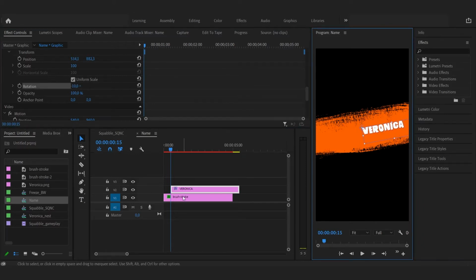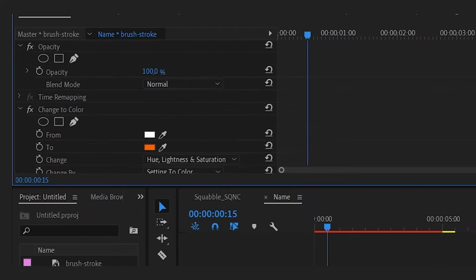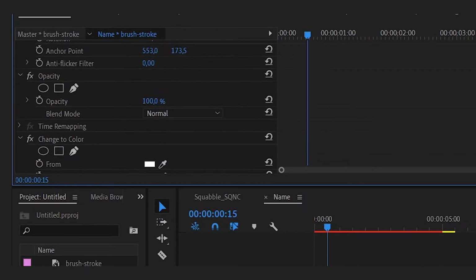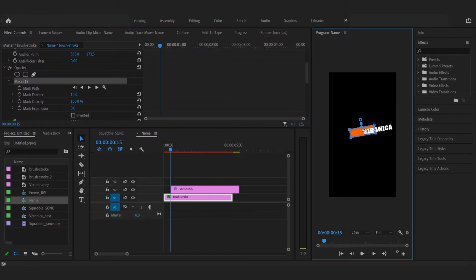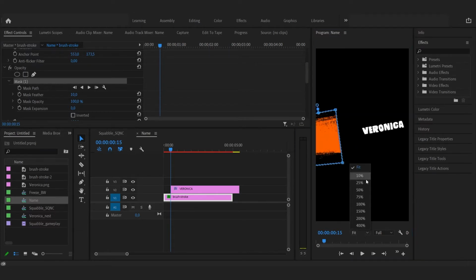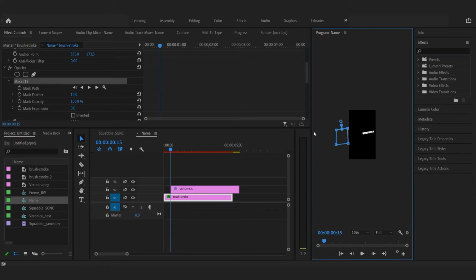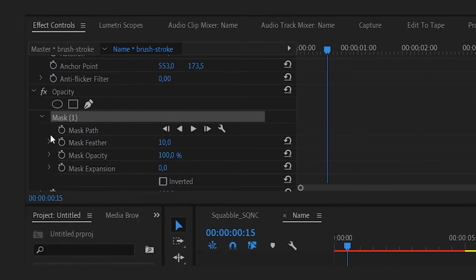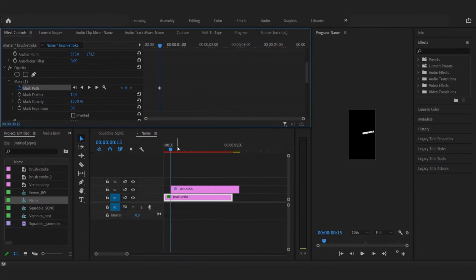Now I'm going to animate the brush stroke using the mask in the opacity section in the Effect Control panel. Click on the stopwatch on the mask path to enable keyframes. Then reposition the mask, move around 3 frames and then reveal the whole image by changing the size of the mask.